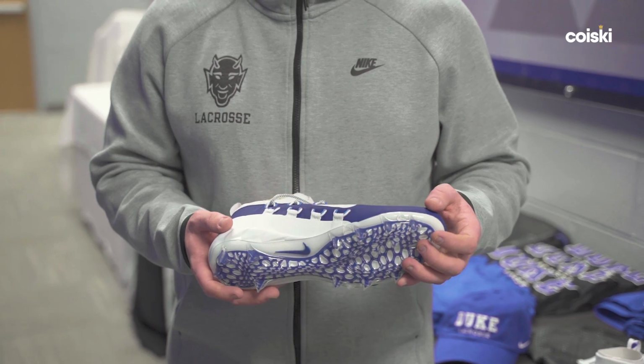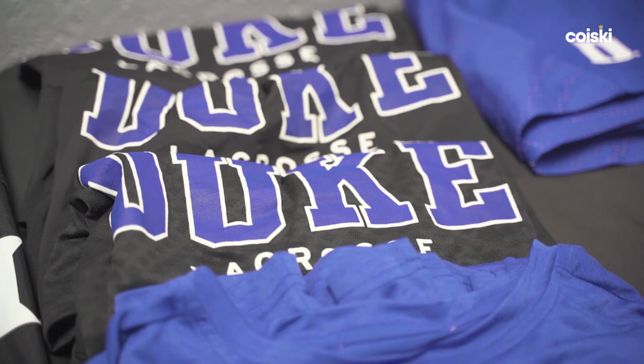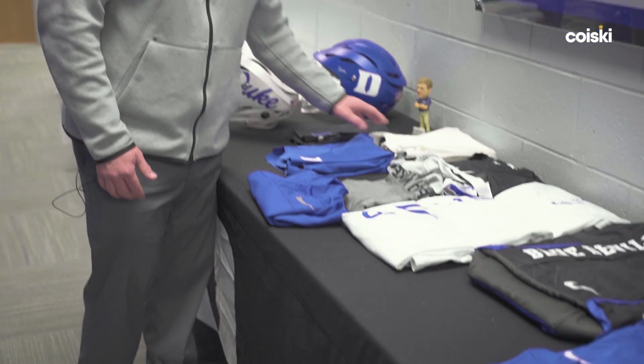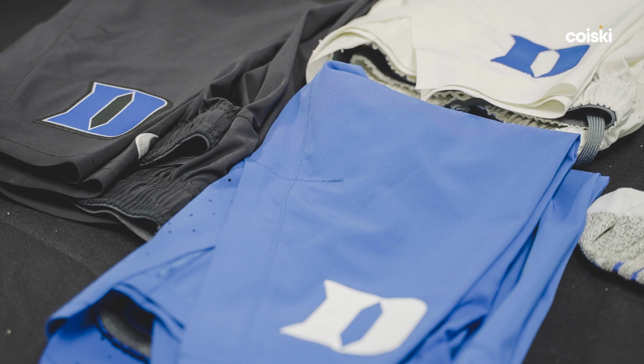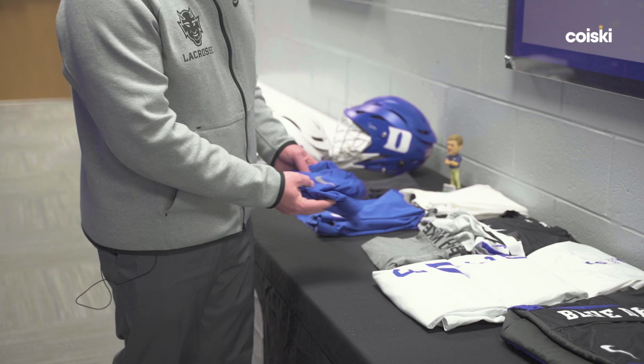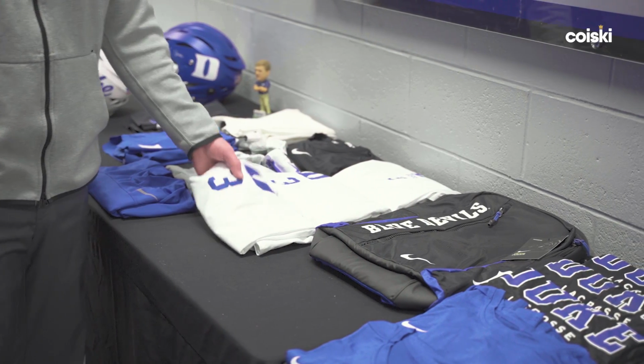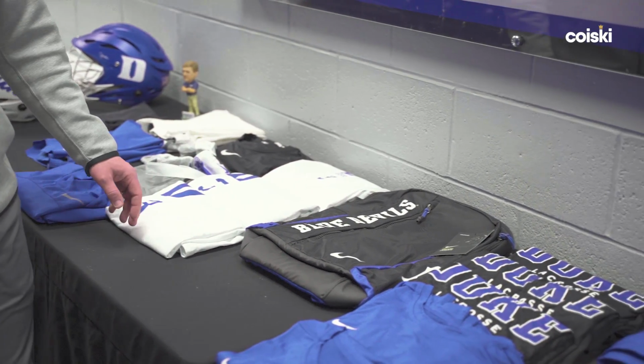So that'll be something we're looking forward to and really excited about. So then we'll go through our gear. These are our blue game shorts, our white game shorts, our black game shorts. Our warm shirts, the guys get a white warm undershirt and a blue warm undershirt. Spandex, you get socks, black undershirt, white undershirt, long sleeve white warm-up shirt, short sleeve white warm-up shirt, travel backpacks